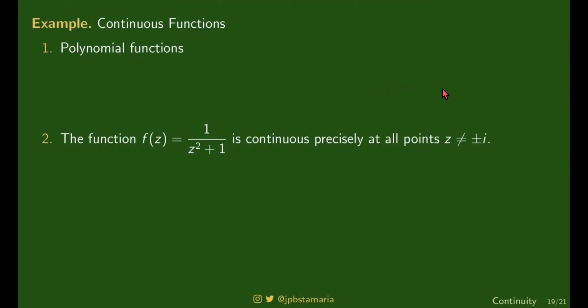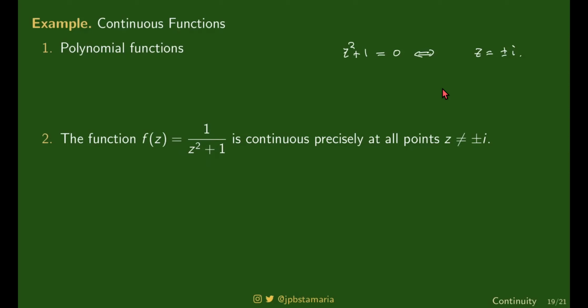Yeah. Now, this function, the function 1 over z squared plus 1, is continuous precisely at the points, just like before, no? At the points where the denominator is not 0. Kaya lang, di ba? Yung z squared plus 1 sa complex plane ay nagsi-0 if and only if z is plus or minus i. You know that very well. Okay? So, pag sinabing precisely at all points z different from plus minus i, sabihin, anywhere else, the function will be continuous kasi it's just a ratio of two polynomials. Basically, the limit rules still apply, kaya ganon, kaya mangyayari yan. Na yung mga algebraic limit rules.